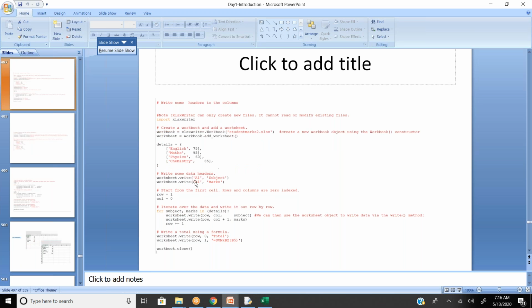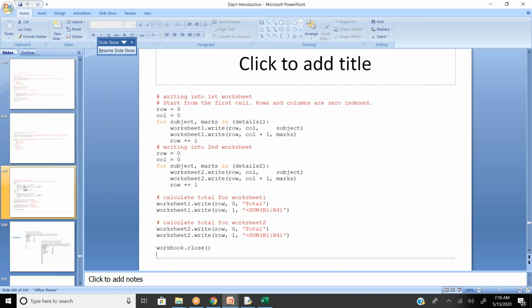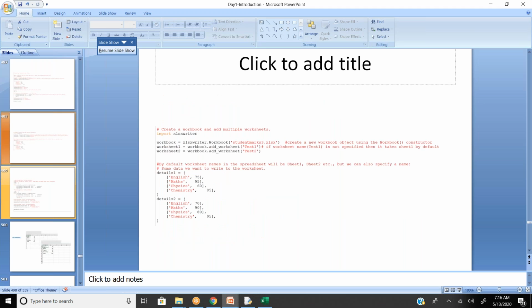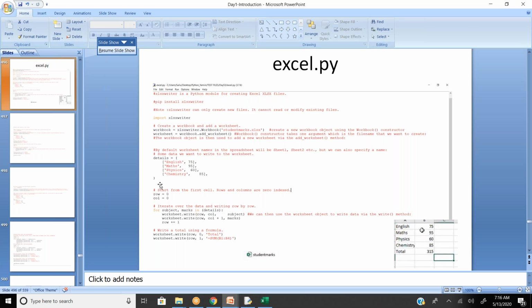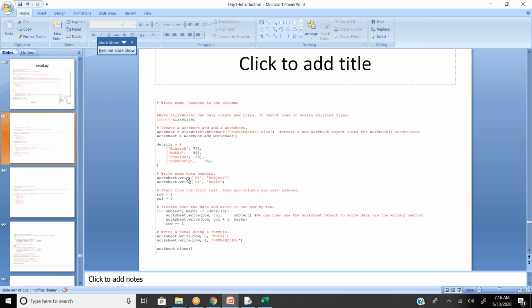Now you can see here, I just added one simple syntax to your existing code, to write some data headers. I am deciding what headings you want.